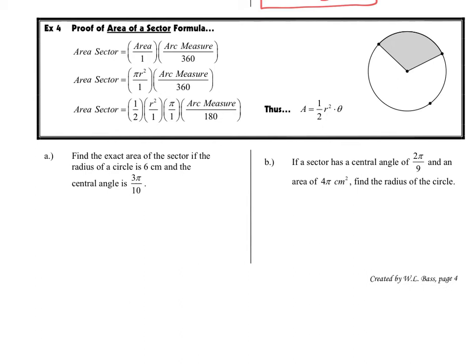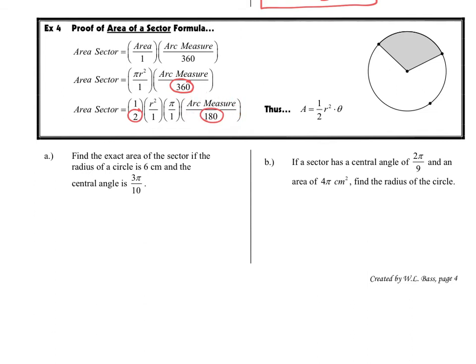Then we're going to, just like we did before, do a little substitution. Area becomes pi r squared. Okay, then we're going to do a little creative breaking apart. This 360 right here is going to split into this 2 and this 180. So I've broken this apart in a different way so that we can group this a little differently. So now we've got a 1/2 and r squared, just pulling out the 1/2. The pi is from right there, just pulling it out as its own separate thing, and then our arc measure